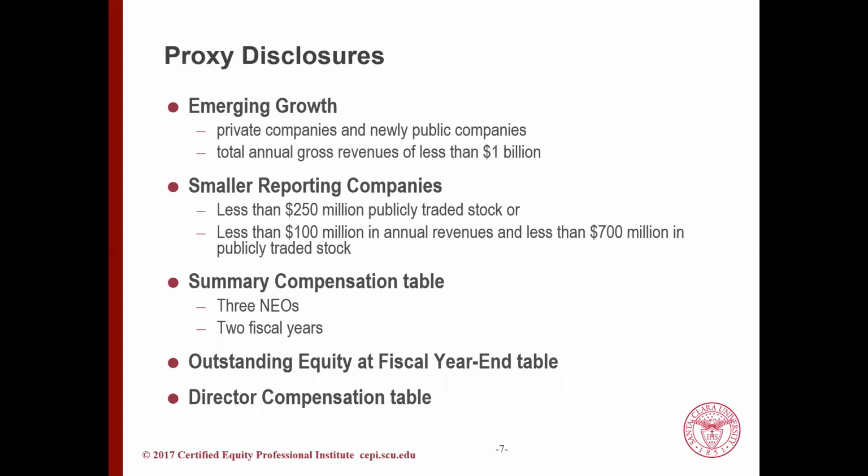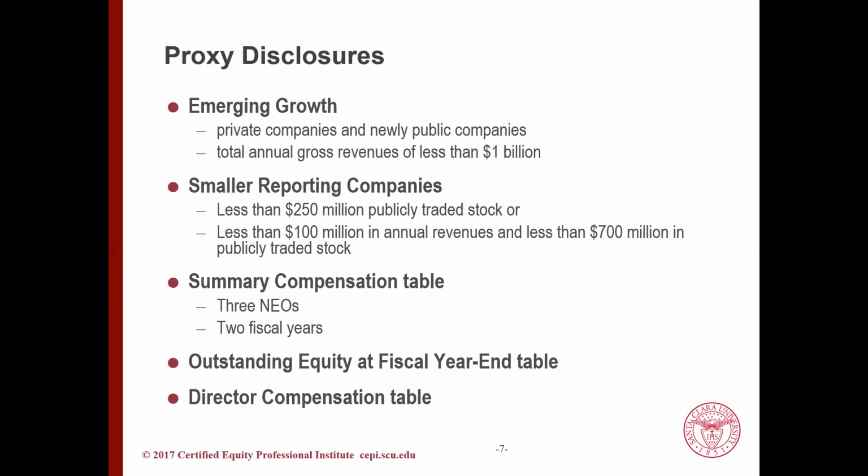Proxy disclosures. On previous levels, we covered proxy disclosures for most public companies, but at level 3, we add information about two different categories of companies called emerging growth companies and smaller reporting companies. These are companies that are required to register their securities under the Exchange Act Section 12, which we discussed a few moments ago, but that are exempt from some disclosure requirements because of their size.